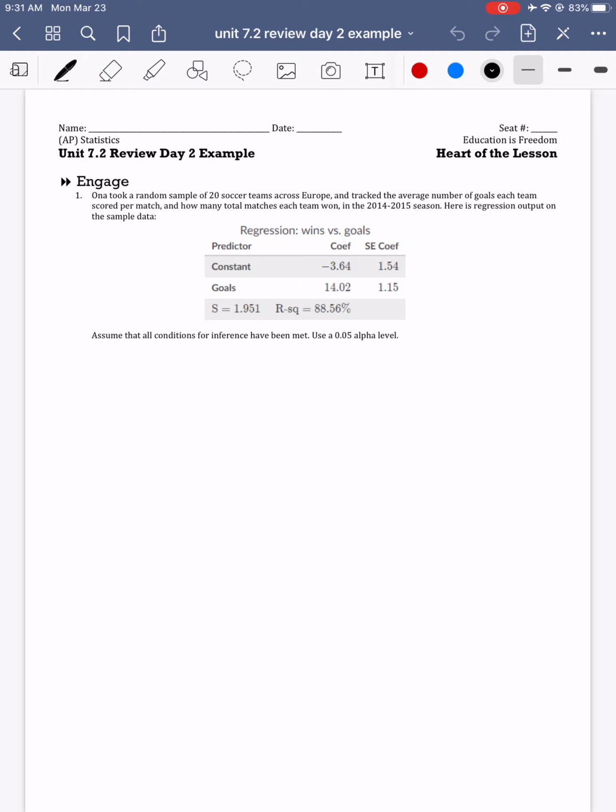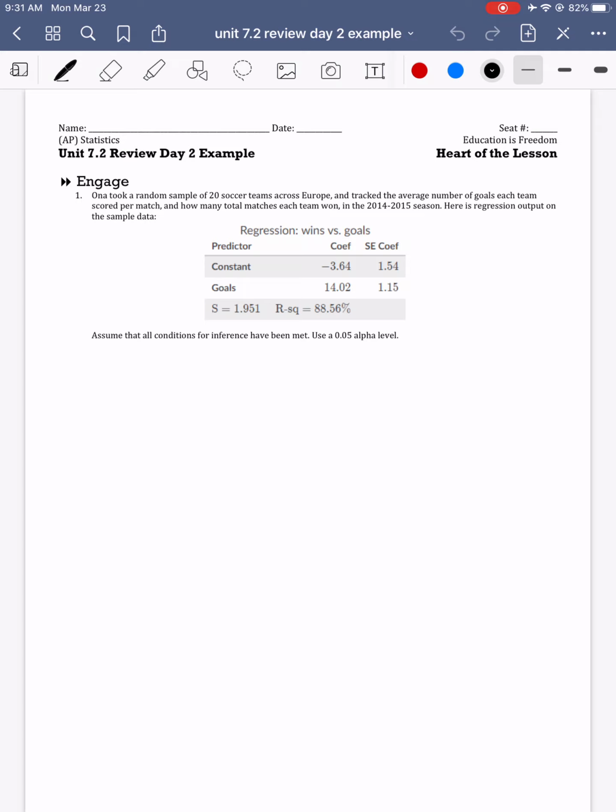Ona took a random sample of 20 soccer teams across Europe and tracked the average number of goals each team scored per match and how many total matches each team won in the 2014-2015 season. Here is a regression output on the sample data. Assume the conditions for inference have been met, use a 0.05 alpha level. So looking at this problem here,